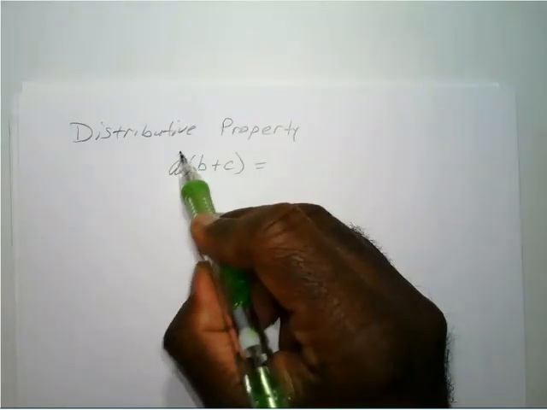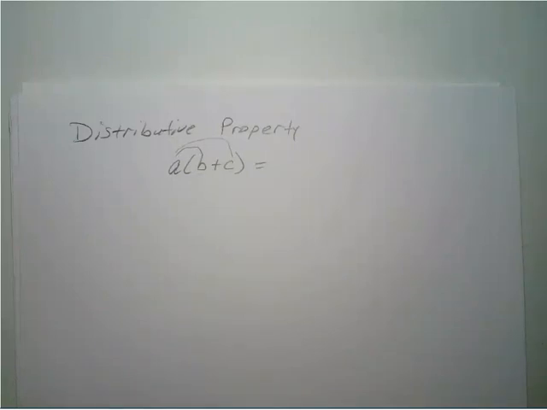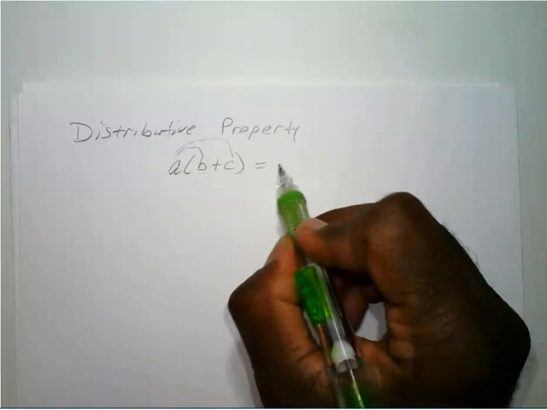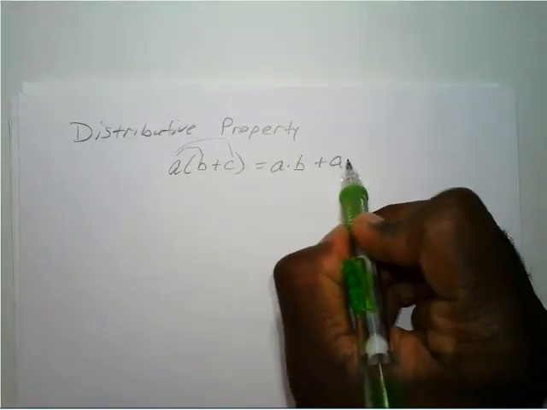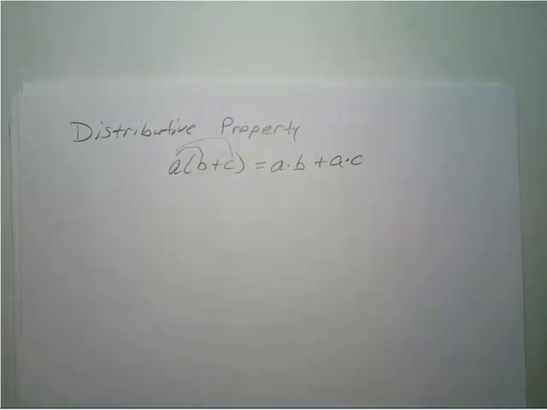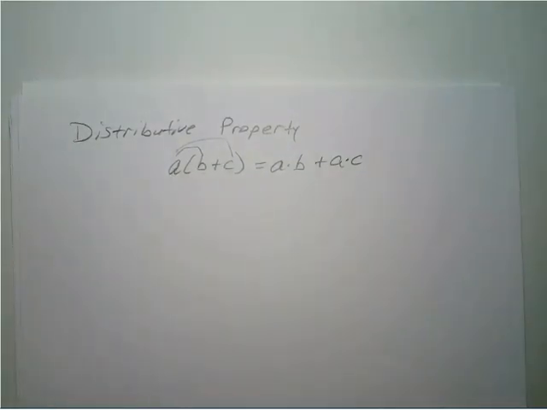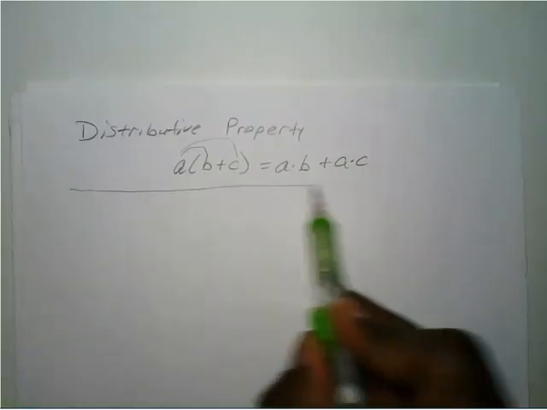What you do is you distribute that a to all of those terms and multiply. So a times (b plus c) is a times b plus a times c. So you're just multiplying this a to each one of those terms. Okay, so for example,